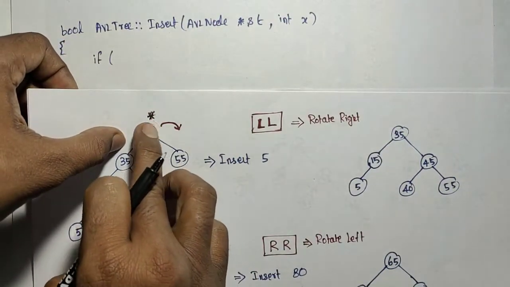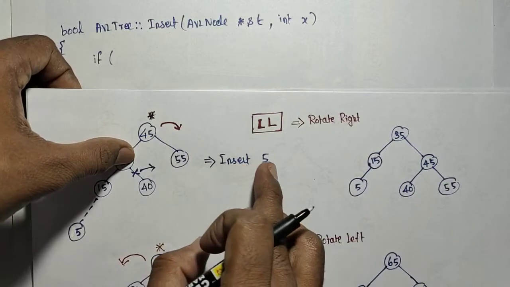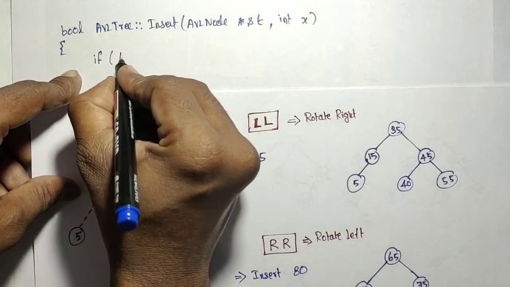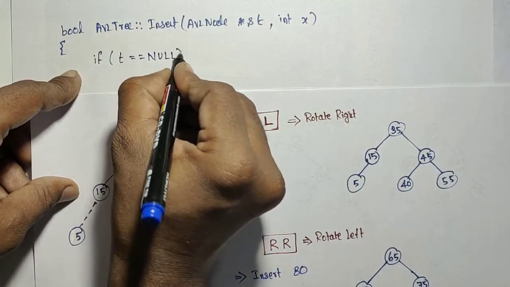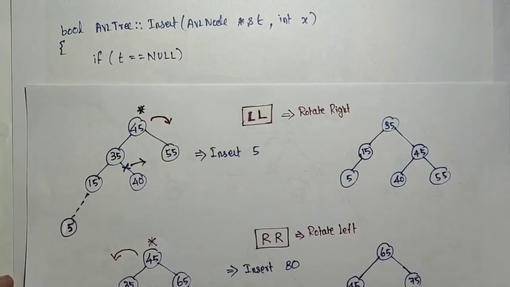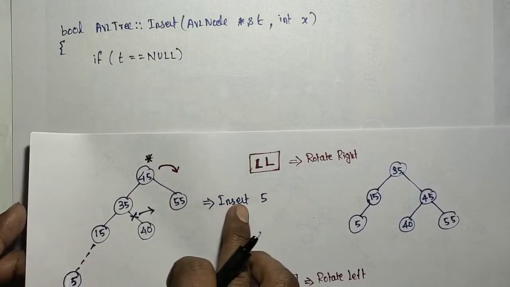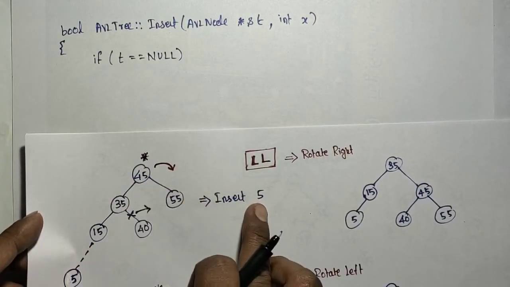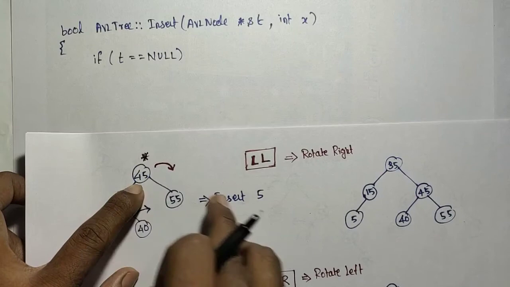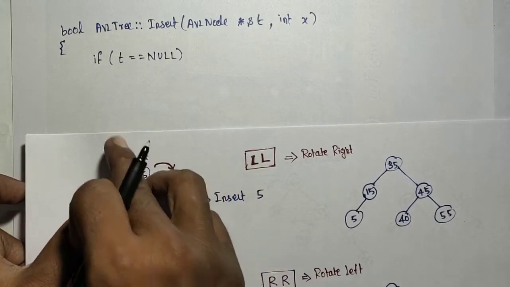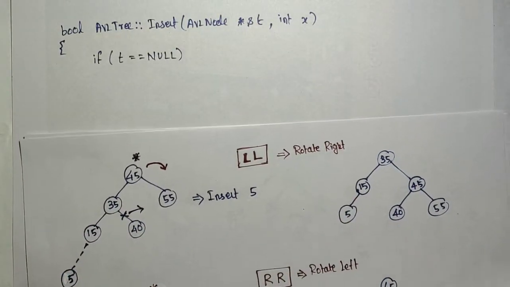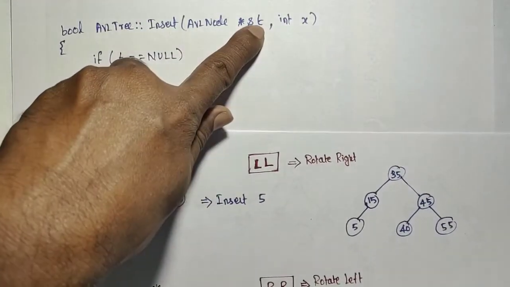If the t itself a null, okay, in that case I need to create a space and how to create this as a new node. So the first condition is t equal to null, okay. So t equal to null means it becomes a root, okay, you have to create a new node, correct. So before comparing the t of data with x, I need to check t is a null. T is a null means there is no node, there is no tree. No tree means that should become a root, so I have to create a new node for that t, okay. So that's all.